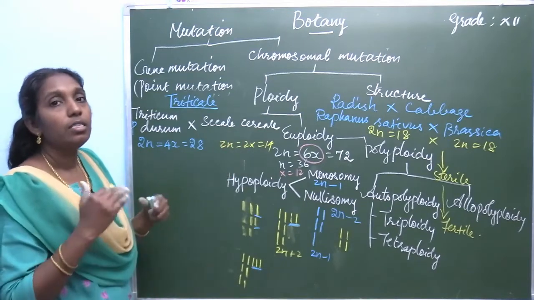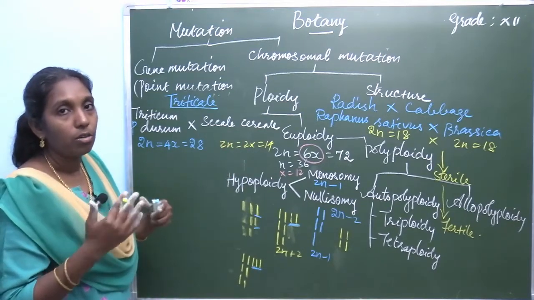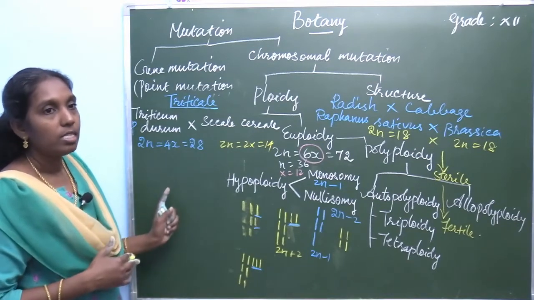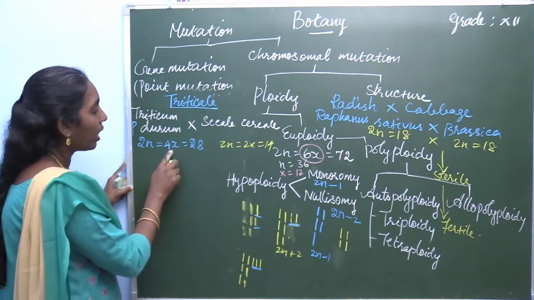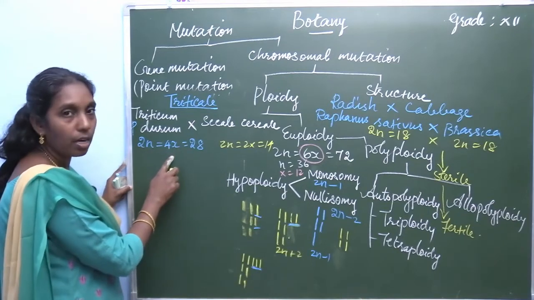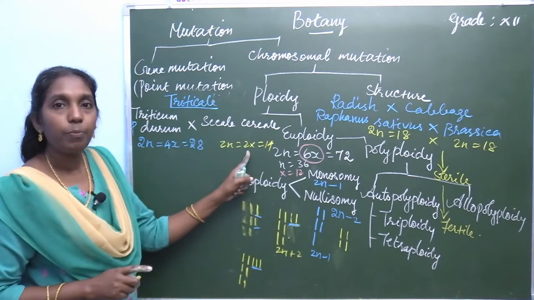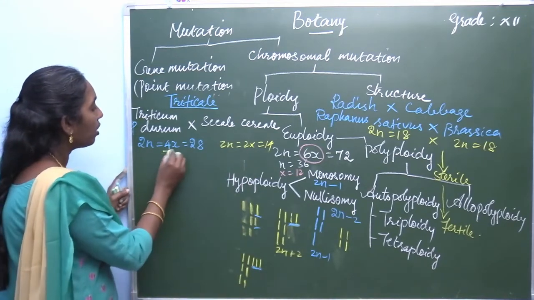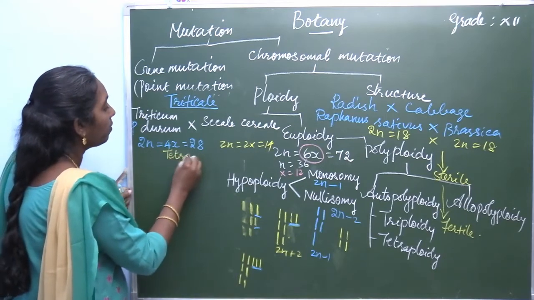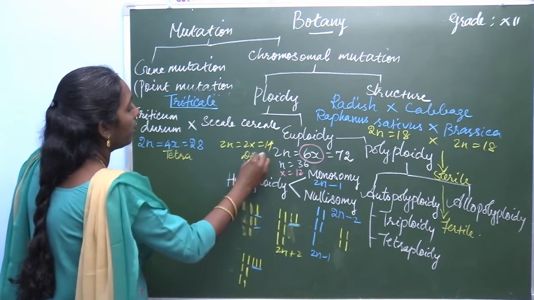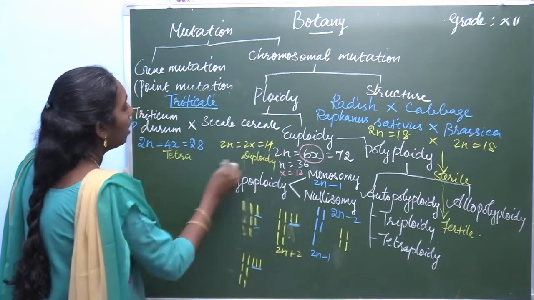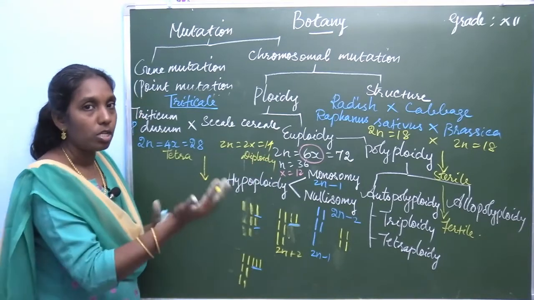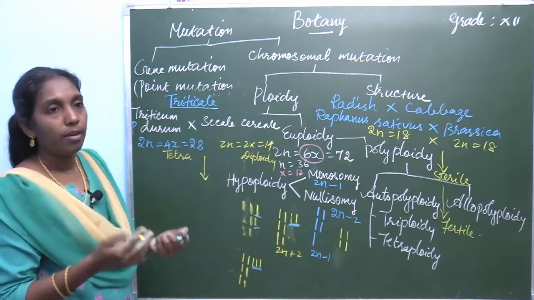When the parents are allowed to cross, this is a tetraploid, 4x, and this is a diploid, 2x. So it is a cross between a tetraploid and a diploid. Now, in the F1 generation, when there is a cross between these two,